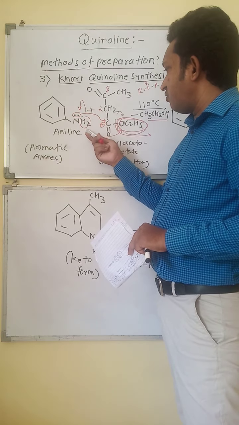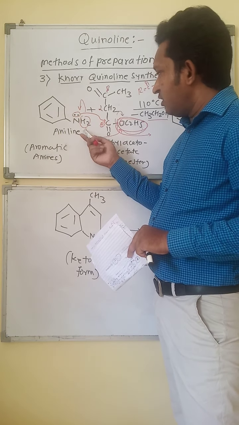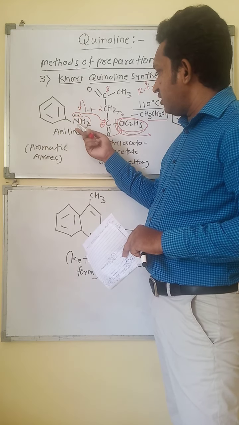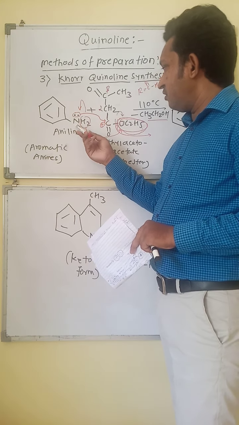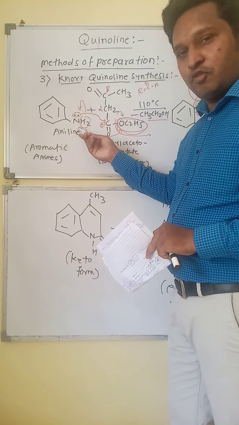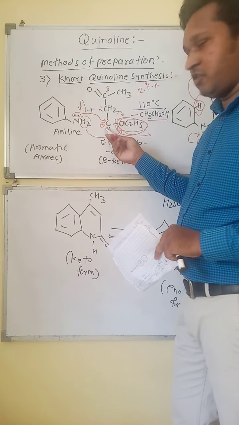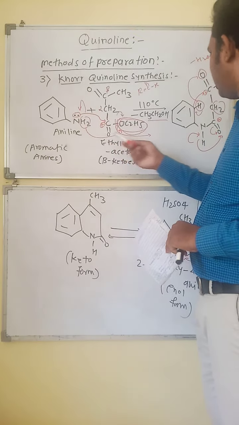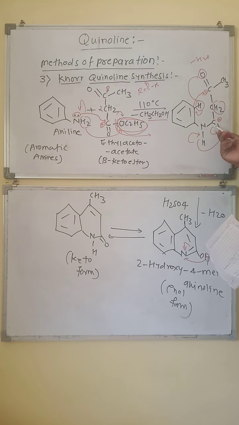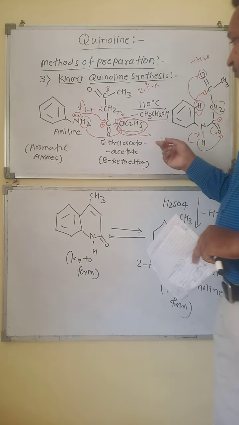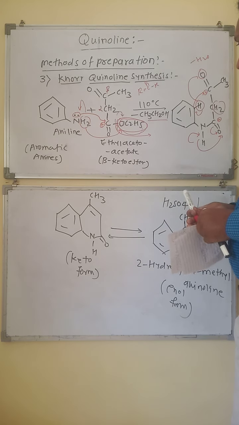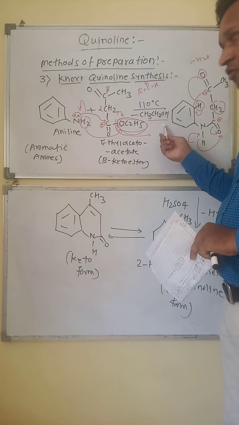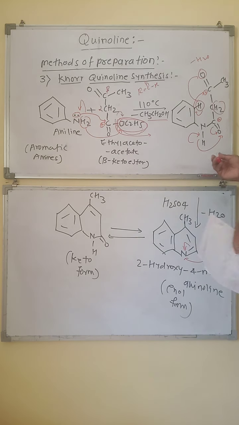Now, after this hydrogen is removed from the amino group, it leaves a lone pair of electrons on the nitrogen. So this nitrogen has a negative charge, so it will act as a nucleophile and attack the electron deficient carbon atom, and there is a condensation between them. Nitrogen and carbonyl carbon become attached to each other in the ring. After that, side by side, there is a removal of ethanol molecules. So we get the condensed structure.